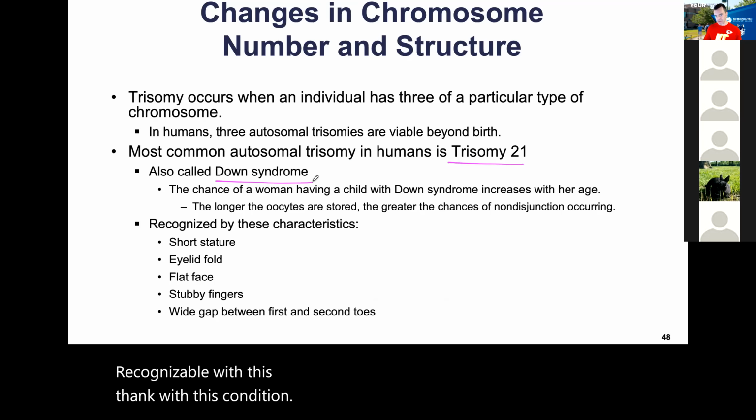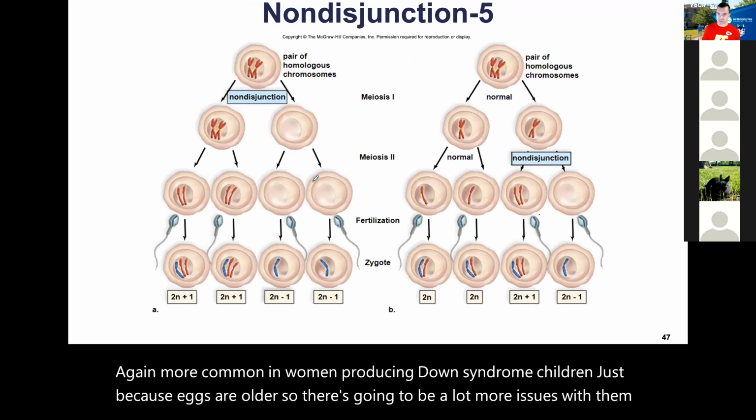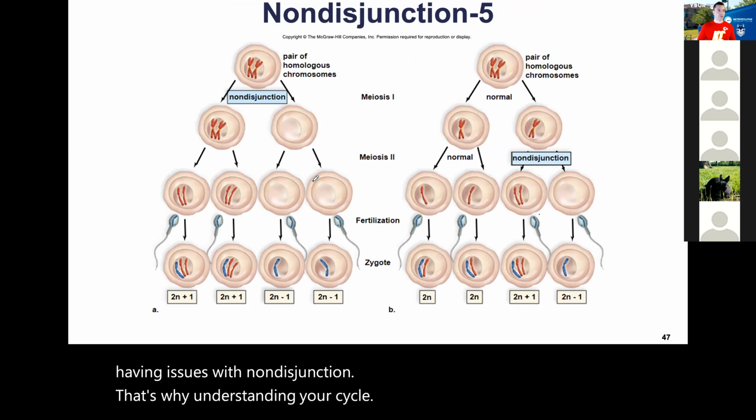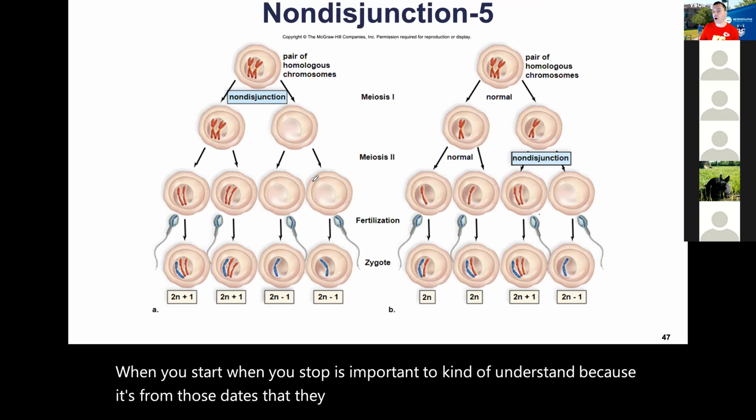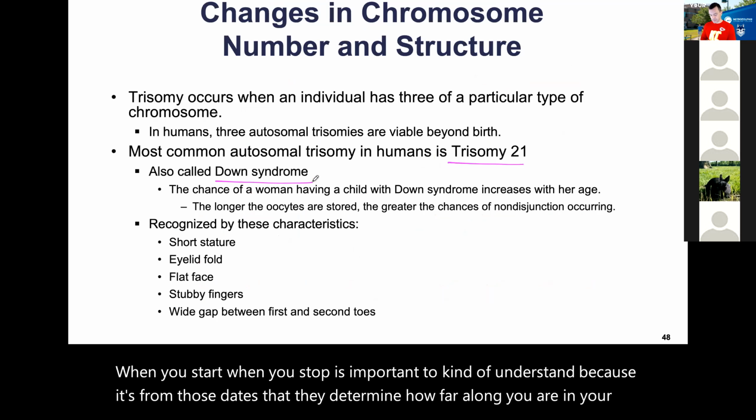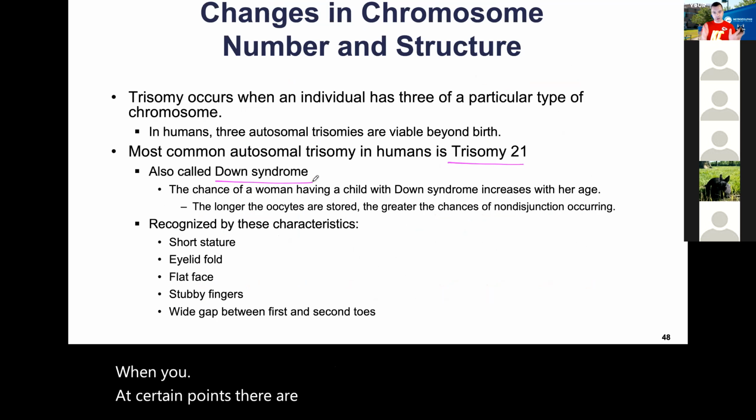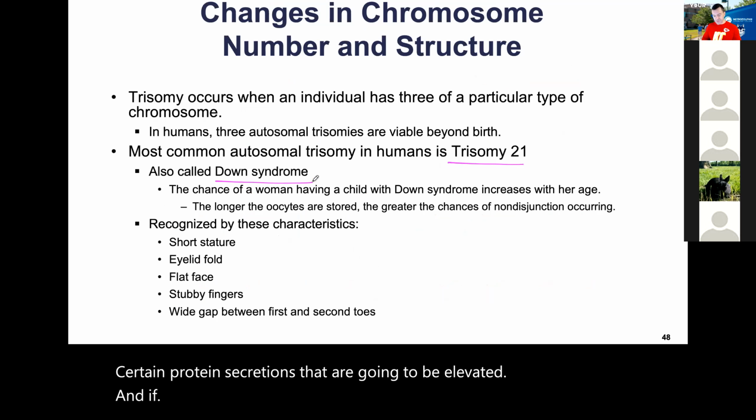Again, it's more common in women producing Down syndrome children just because eggs are older. So there's going to be a lot more issues with non-disjunction. That's why understanding your cycle, when you start, when you stop, is important, because it's from those dates that they determine how far along you are in your pregnancy. And at certain points, there are certain markers that are going to be elevated, certain protein secretions that are going to be elevated. And if you don't know your cycle,